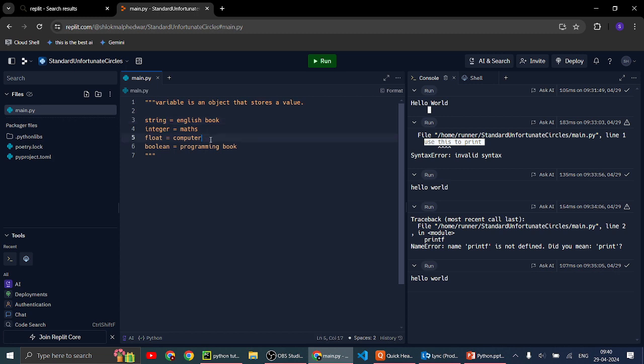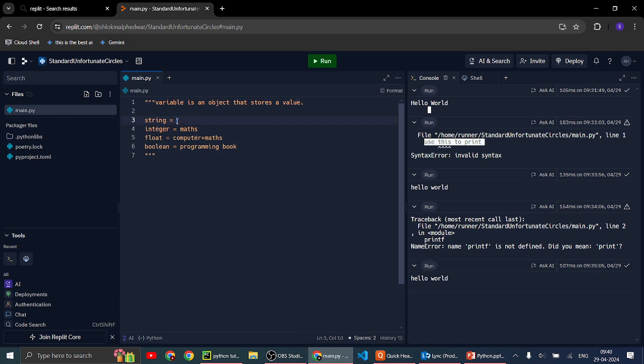I will tell you how. We can add a float and an integer because it now contains maths books also. This is just an example.